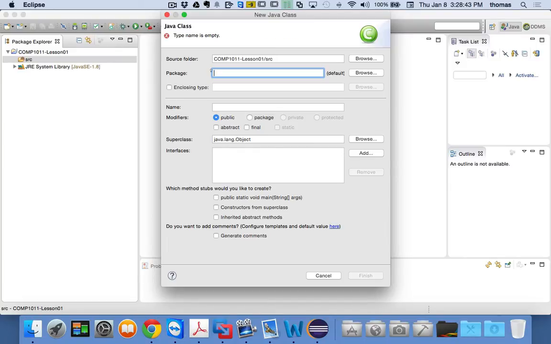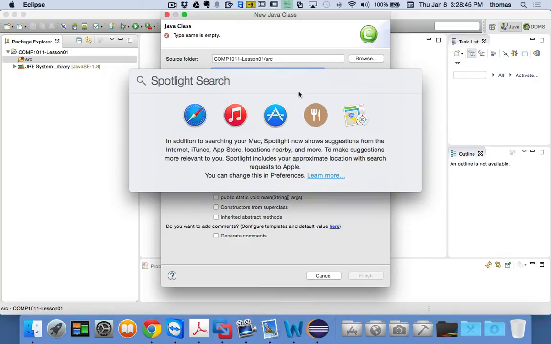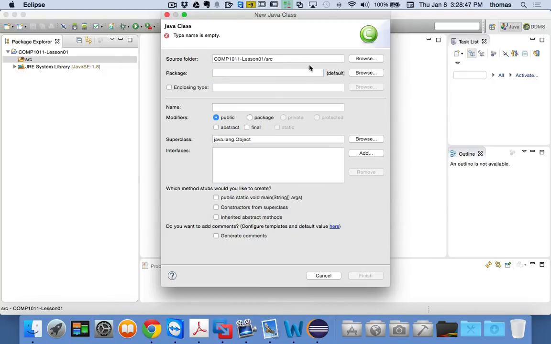Bear with me, and I'll let you know how it works. Anyways, what it tells you is you can leave this empty, or you should use reverse naming convention,